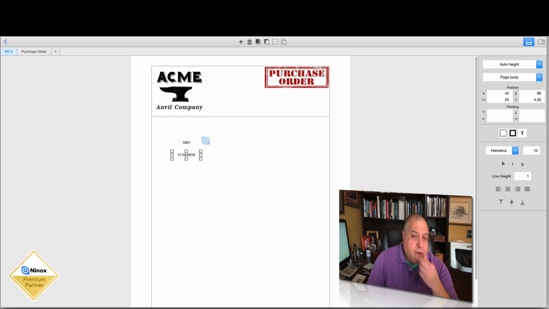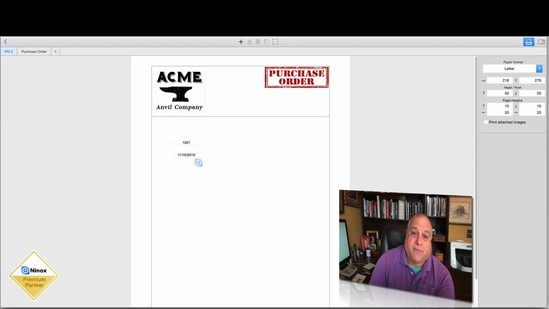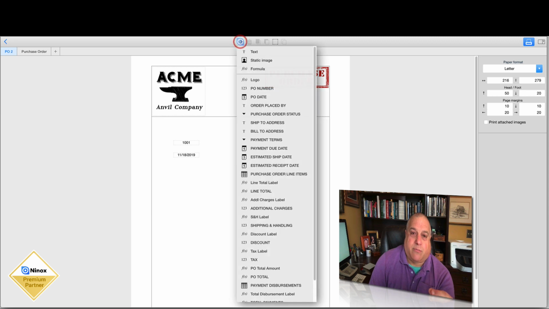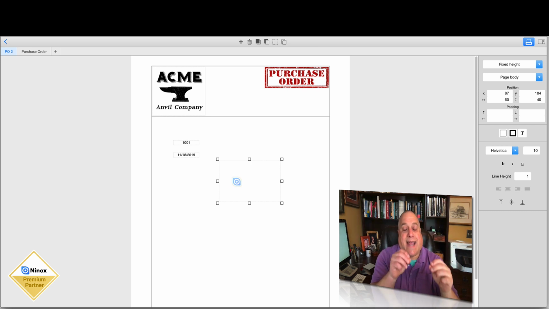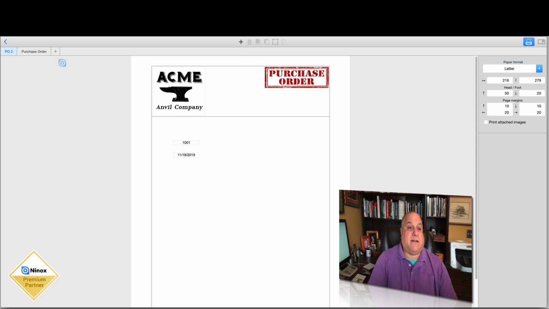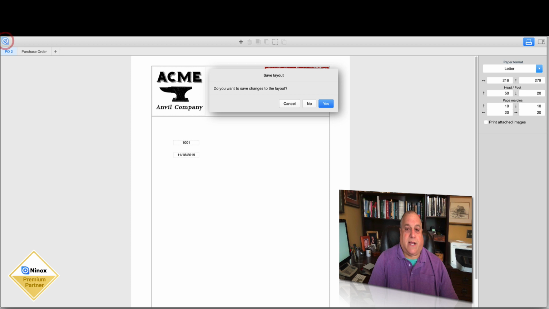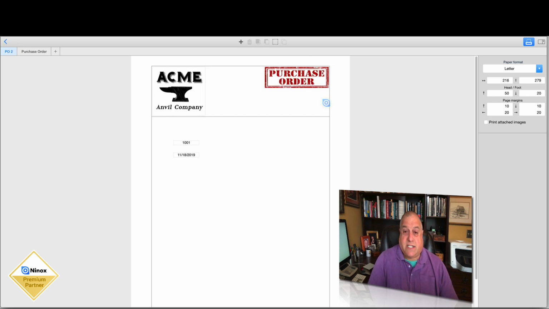Now you will notice here that I've got the content of my field, but I don't have the field label. You create field labels by adding text. This means you can label a field on an output form differently than you would label it on an inline or an on-screen viewing form. I'm going to get rid of that. I'm going to use the back arrow to go back to the screen, saving the changes I've made so far,